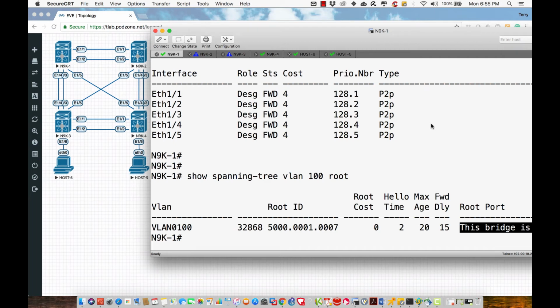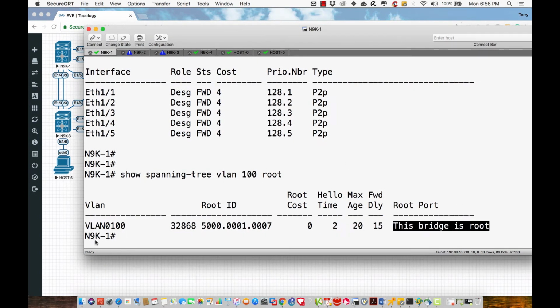All right, now an additional demonstration that I'd like to go through here is not only determining who the root bridge is, I would also like to be able to manipulate the decision that's being made. Now, when we look at this, understand right now, I've changed nothing since the last demonstration. Nexus 9K1 is the root bridge in this topology. Now, what I want to do is I want to change that, and we need to look at what made